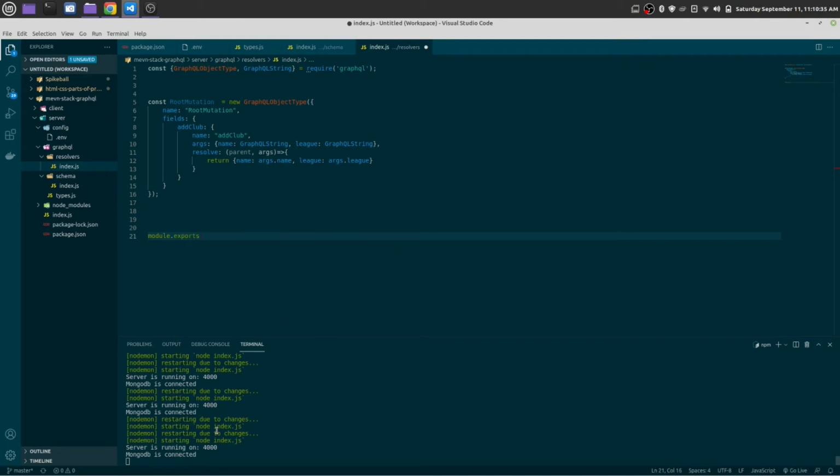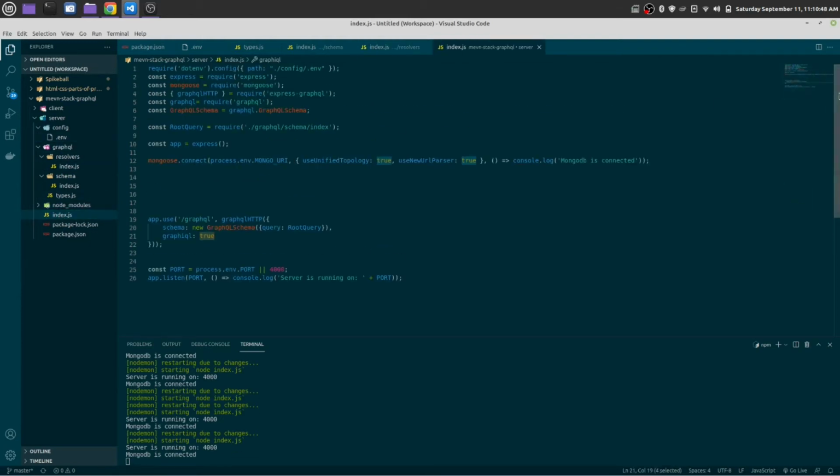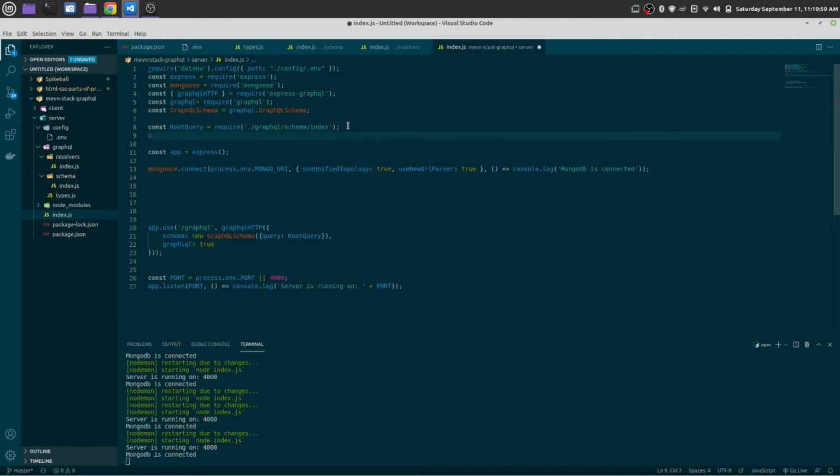Okay, now let's export this root mutation. module.exports is equal root mutation. Save it, go to index.js from server folder. Here we are going to give const root mutation is equal require GraphQL/resolver/index.